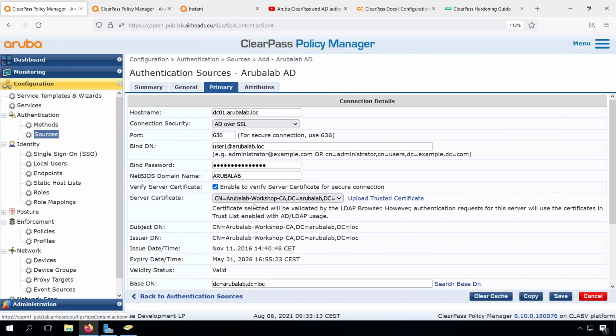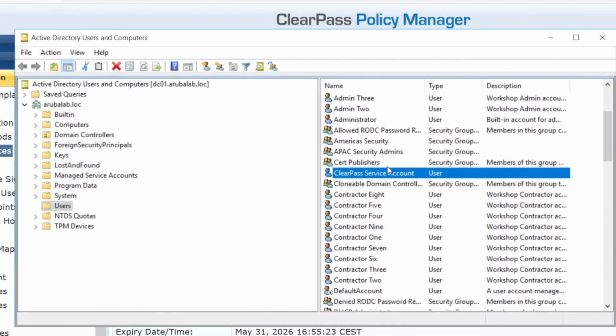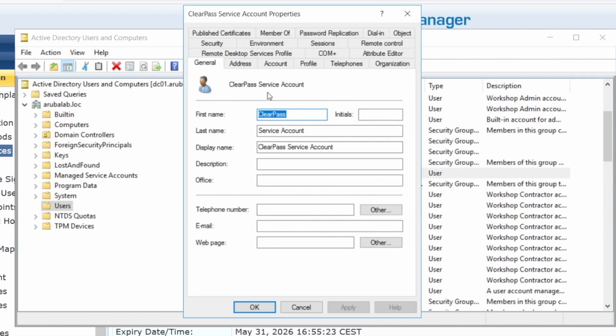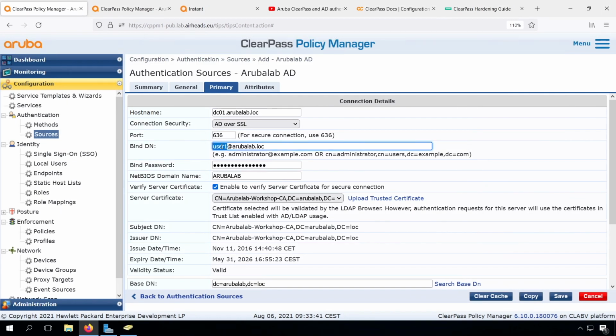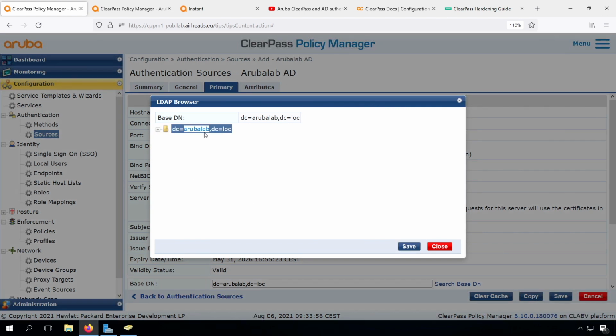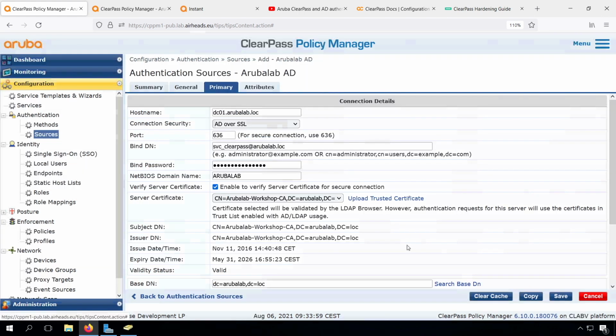The second thing is that we had the user account for the BindDN, which is not a good thing, because if the user leaves the company or if there is a password change, then suddenly your ClearPass may break. I created a service account in AD with the name svc_ClearPass. It has a setting that the password does not expire, and also the user cannot change the password. Let's change our BindDN to that svc_ClearPass and enter the corresponding password. And let's check again. That's good. We can still browse our Active Directory. So that's good with the SSL now and with the new service account.